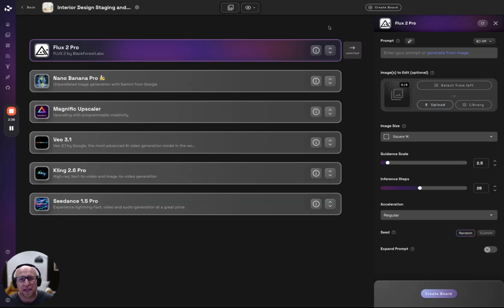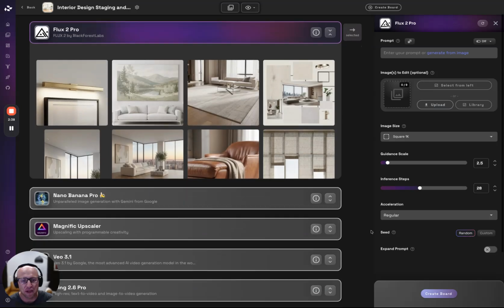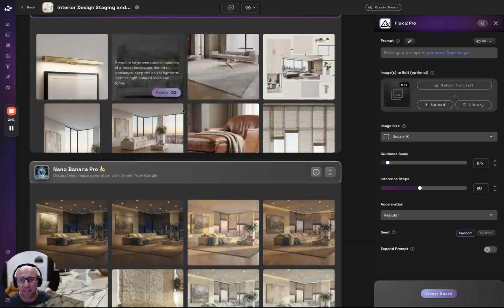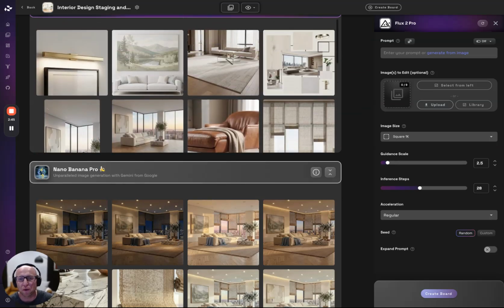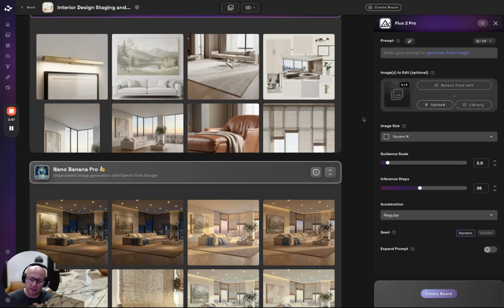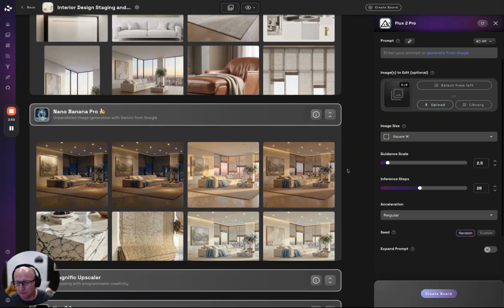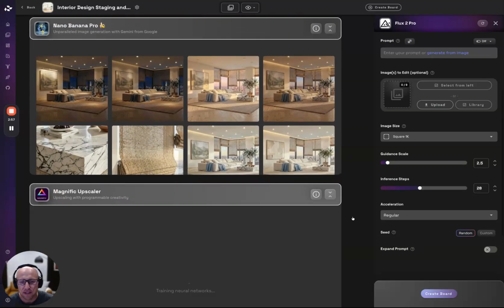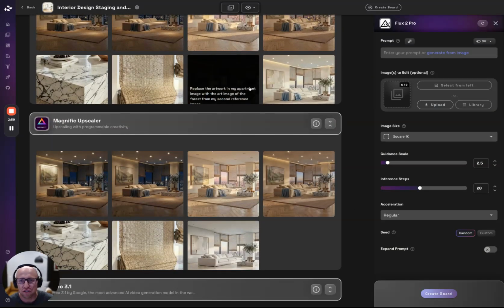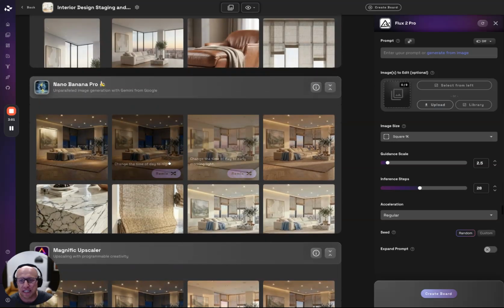And so as you jump right in here, all these different models as well, everything is containerized by the model. So you can see all your iterations as you're going through your workflow of changes you want to make. So if you go down a certain direction and you want to pivot and go back, you can see where you've been to give you a good idea of maybe where you want to go as you complete the workflow. And so you can see all the different generations are stored within the different containers